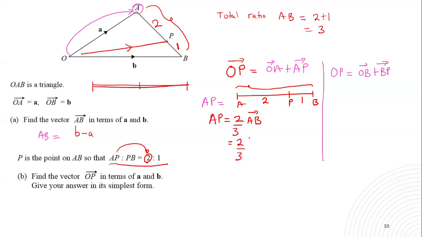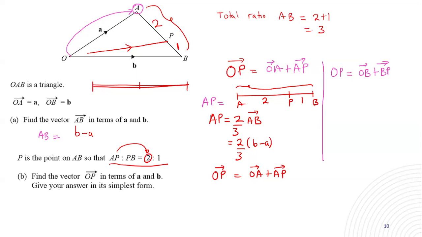have already obtained our A to B as B minus A. Now, since we want to obtain O to P, we shall come back and say O to P is equal to our O to A plus A to P. Now, I want to caution you. Whenever you are dealing with things where you can first obtain individual parts, first work out those individual parts before you combine, such that in case an error is made somewhere, you do not fail everything.